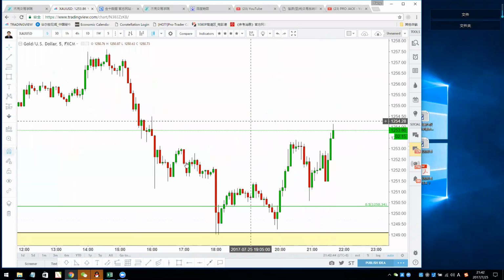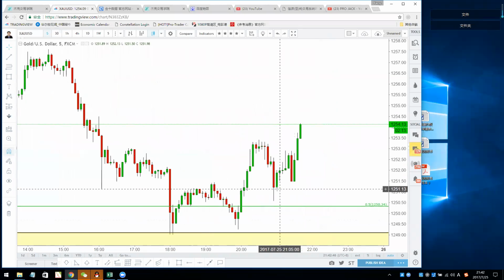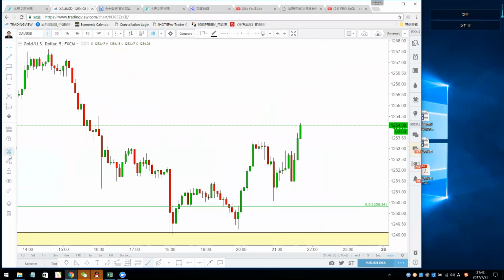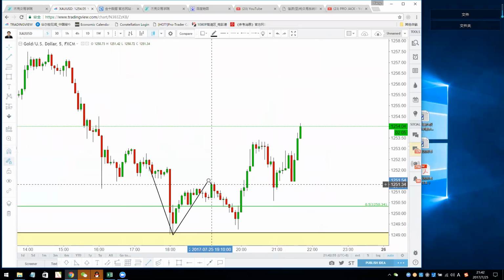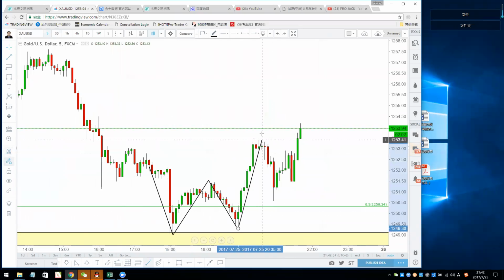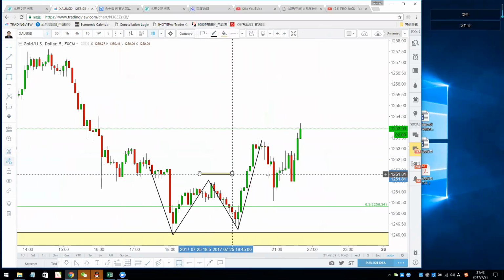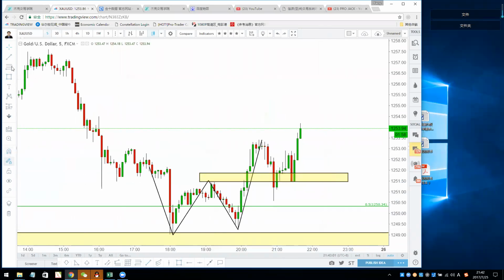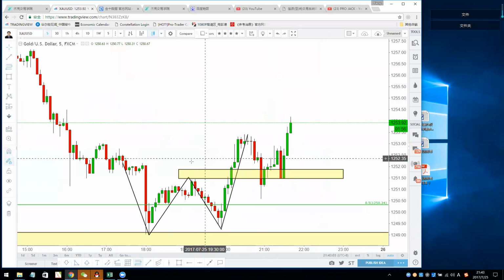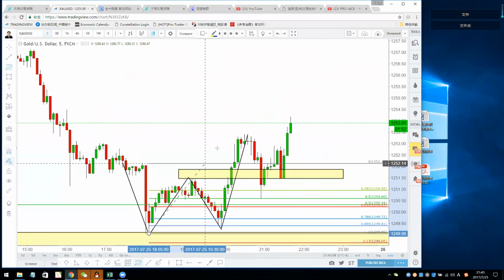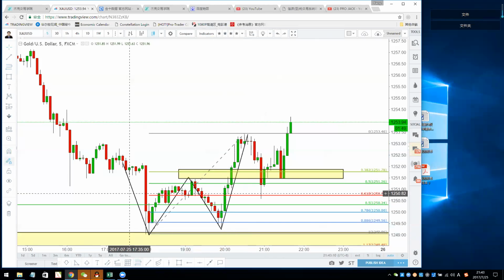Going to the 5 minute chart, the gold had a 2618 trade just now, in the last 30 minutes. We see a double bottom. This is the first bottom, this is the second one. It breaks the neckline, and then you measure the move. I'm sure, Scott, and all of my students in this group should be very familiar with the 2618 setup.